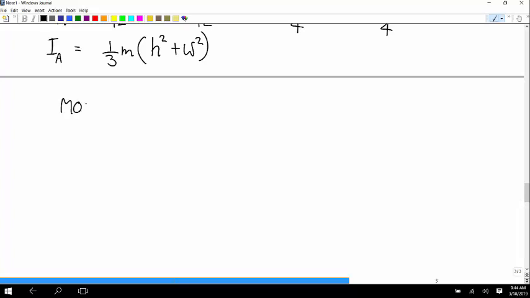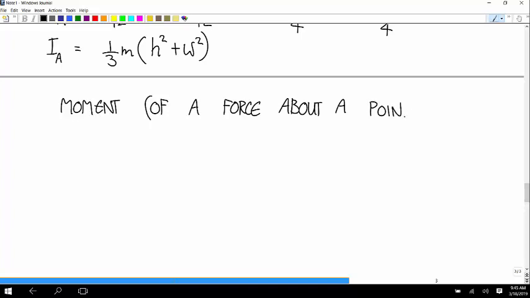So the moment of a force about a point, the definition of this,